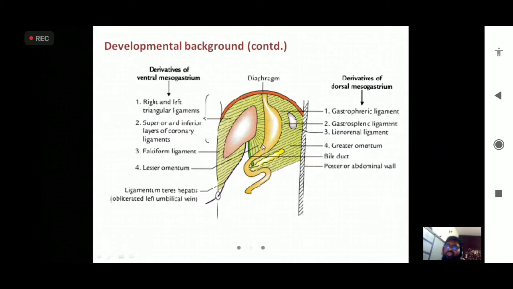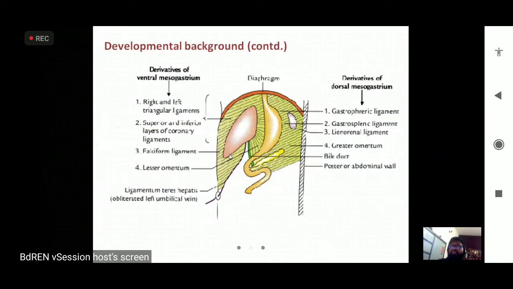Now you can understand why, when we have studied the porta hepatis, we always said that the right side is attached with the lesser omentum, because you see this is the lesser curvature of the stomach and this is the greater, and you know the greater omentum is attached to the greater curvature and the lesser omentum is attached to the lesser curvature on one side, and on the other side it is attached to the porta hepatis. I have told you and you have seen it. So this is how the